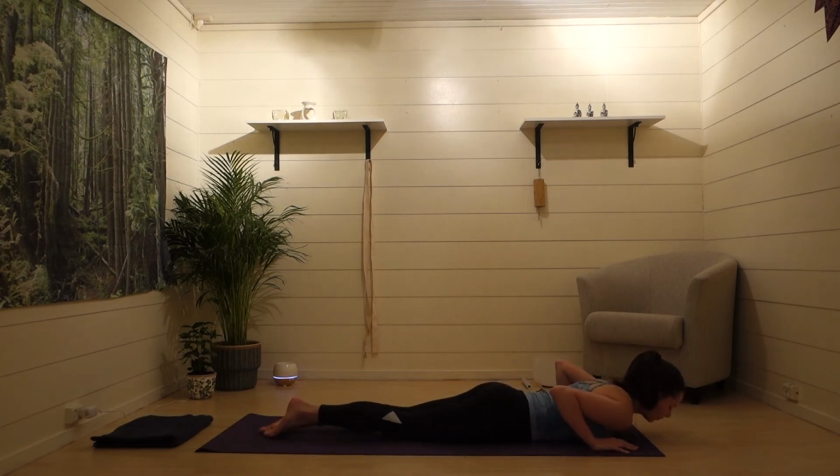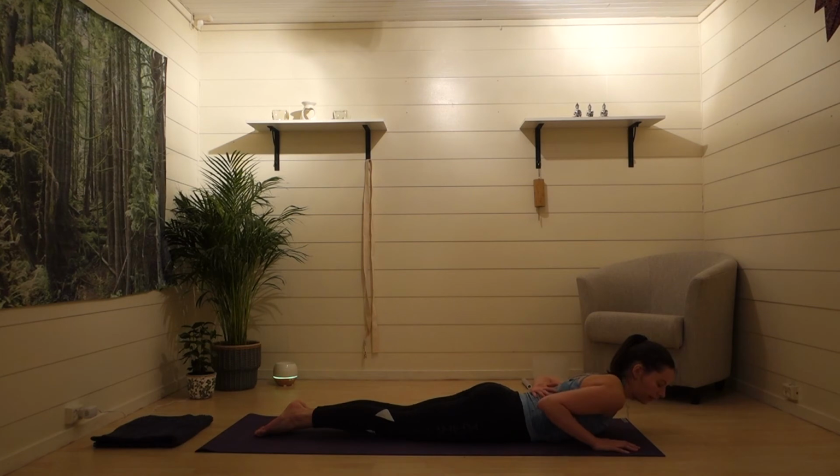We're going to do some back bending exercises here before we come down to the end of the class. Just to strengthen our spine from sitting at the desk all the time, we need to have a nice strong spine, nice strong back muscles when we're always folding over our desk. So placing your hands underneath your shoulders, take a deep breath in to prepare,